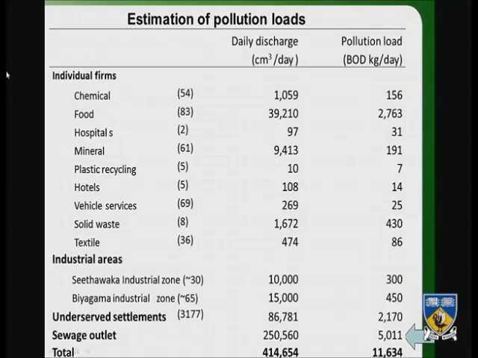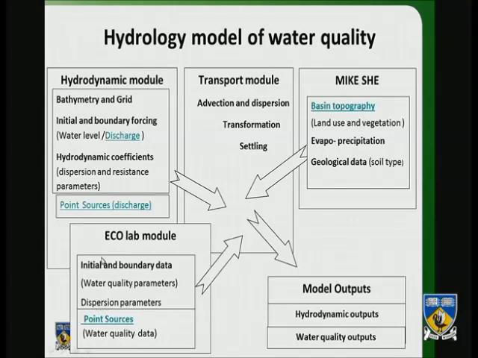So then we had to estimate pollution loads. We have to give the actual discharge for each source, as well as the BOD levels. So in the hydrodynamic model, we specified the discharge of all the point sources, how many liters of wastewater they discharge. In the Ecolab module, which is the water quality module,